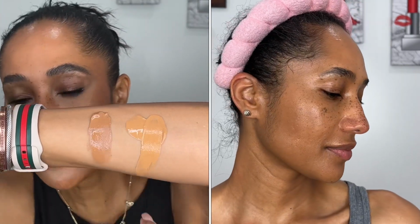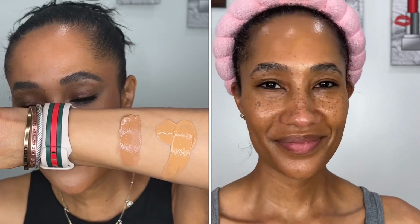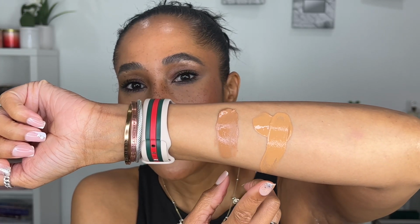The Chanel definitely is more of a cream foundation, whereas this Chantecaille one feels like it has a water base. When I applied the Chantecaille, I did apply a second layer just right over this area so that the coverage could be a little more the same. And coverage wise, I was able to build up this coverage to get similar to the coverage of the Chanel. But I feel like we do have a little bit more coverage with Chanel compared to Chantecaille. And I would say that is because Chantecaille has that water-based consistency to it, so it's just thinner